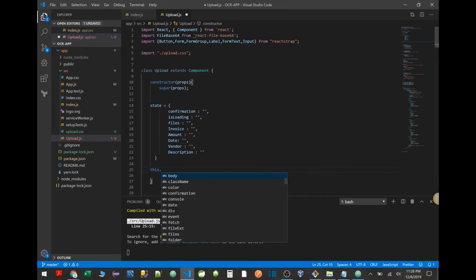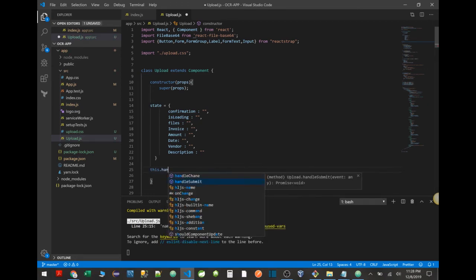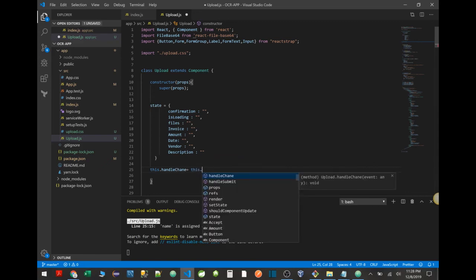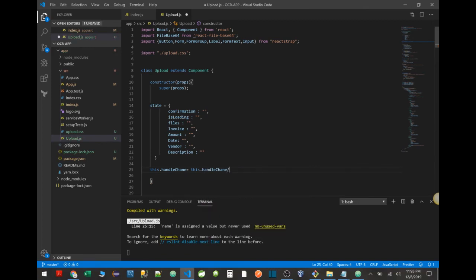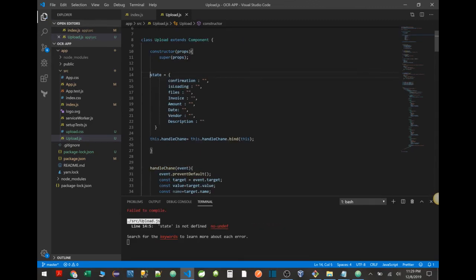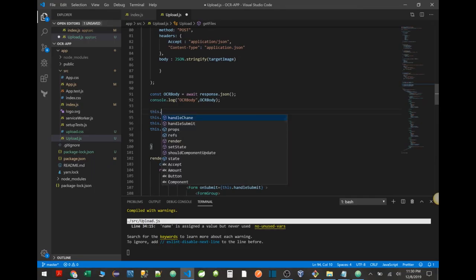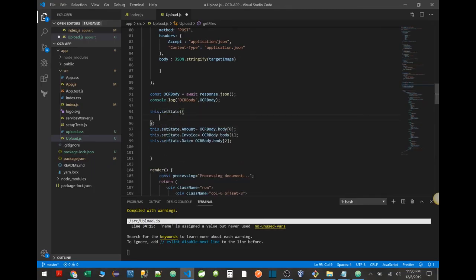One of them is going to be handleChange, and this handleChange we just need to bind to this, otherwise we'll lose the control and we'll lose the binding. We're going to bind it to this. This is going to be this.state. All right, that's perfect. So this is going to be this.setState, and we're going to have to add